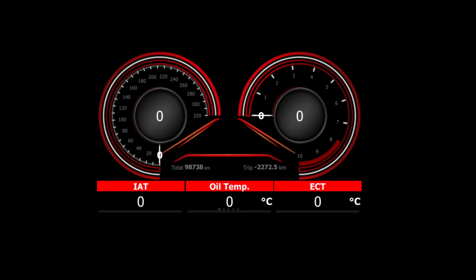Welcome to a PowerTune Digital video on how you can customize your dash. This video will try to cover off all the basic tips and tricks that someone might want to know when they're first setting up a dash, and how they can navigate the different menus, add different sensors and customize the